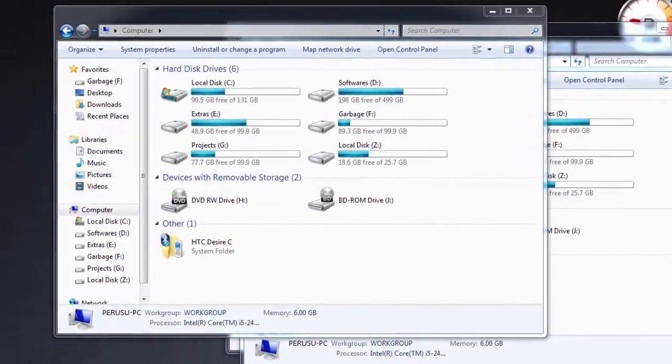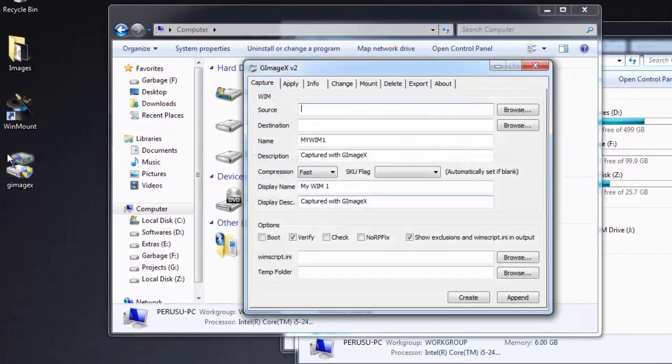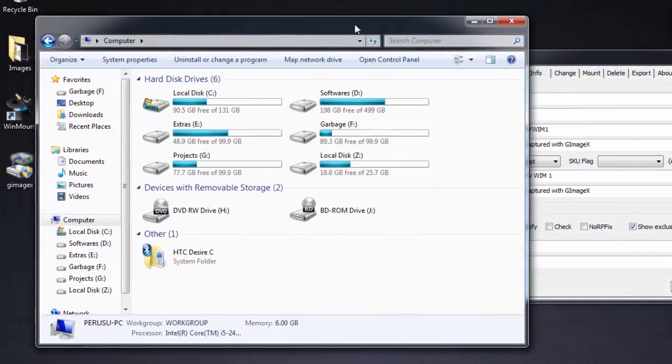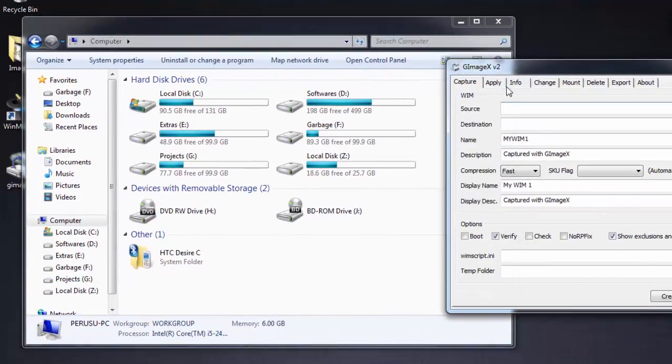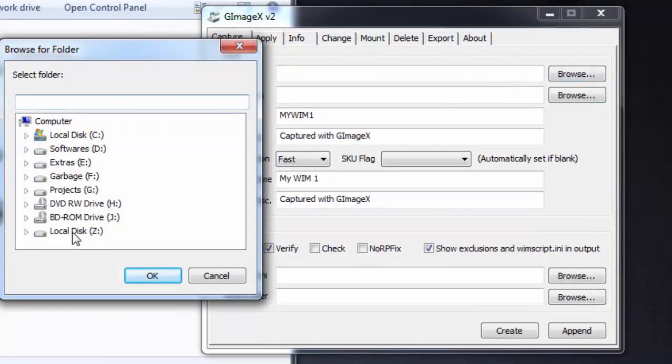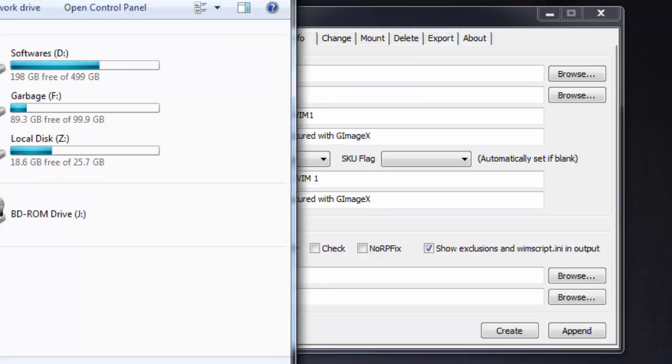So open ImageX. Now specify which hard drive, which partition has to be backed up or captured.